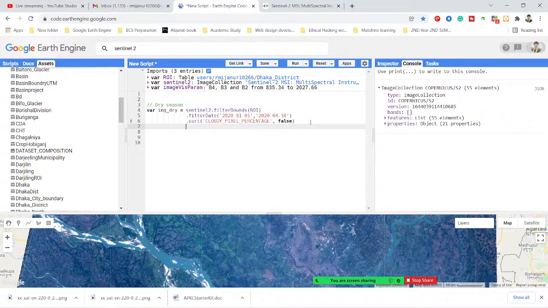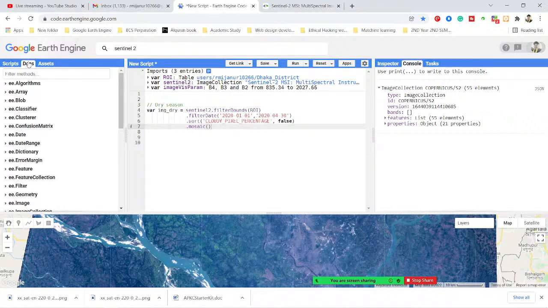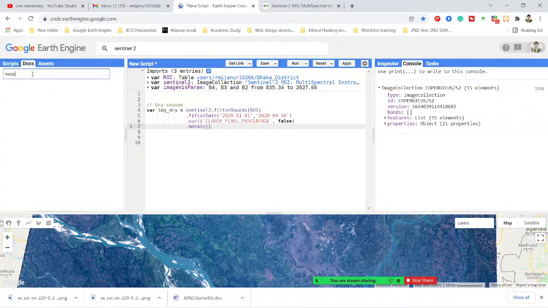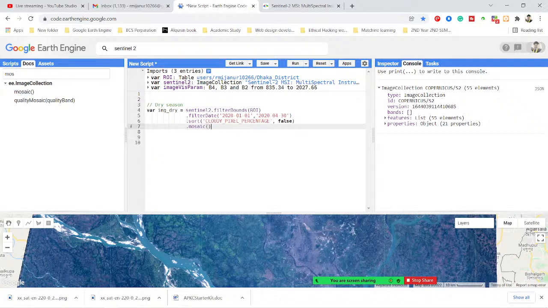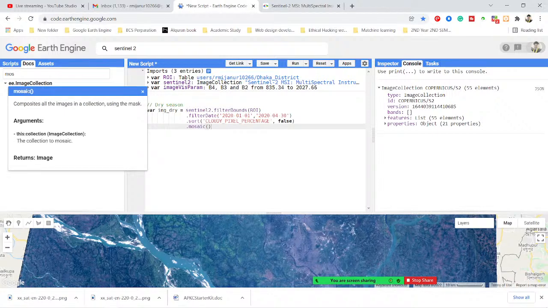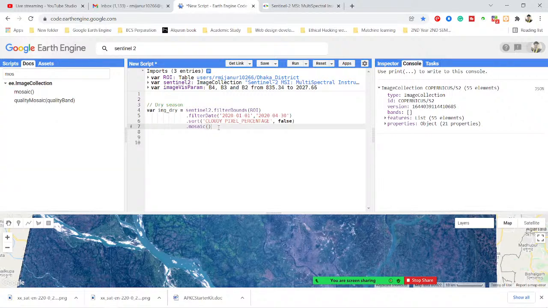Then I use a function called mosaic. Mosaic is a function that composites all of the images in a collection. If you want to check what mosaic is, I search for mosaic here. You can see mosaic composites all the images in a collection using the masks. Suppose here I get 2, 4 or 5 images; it will make a composite of all the images in the collection. So I use the mosaic function, and after this I clip it with my region of interest,